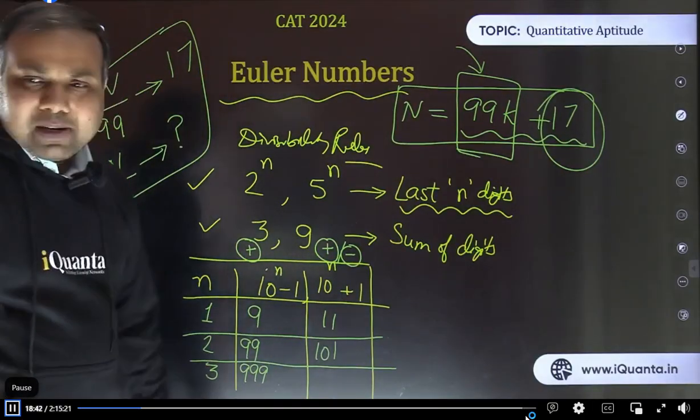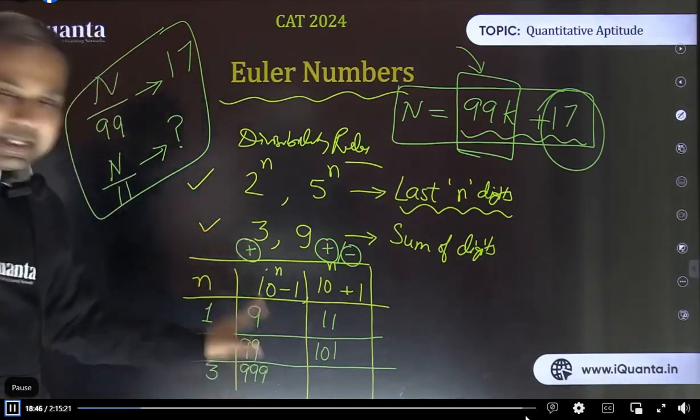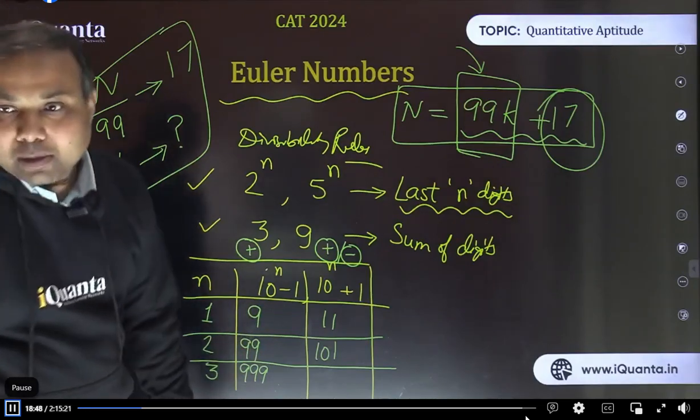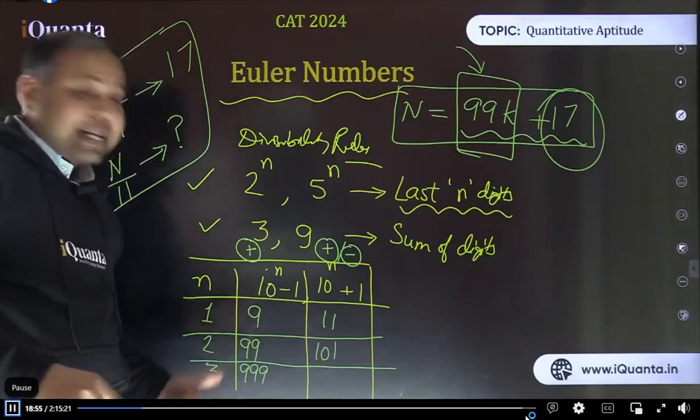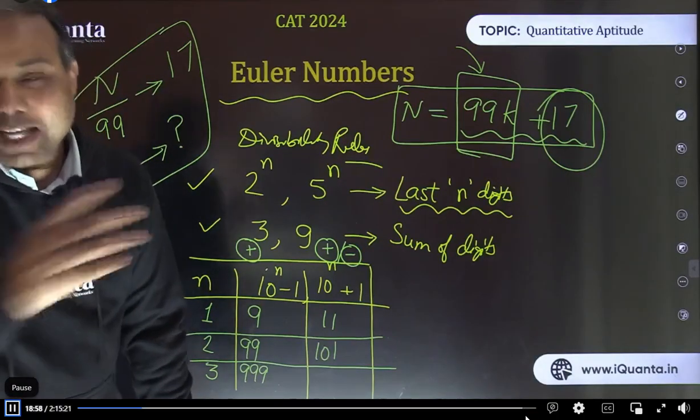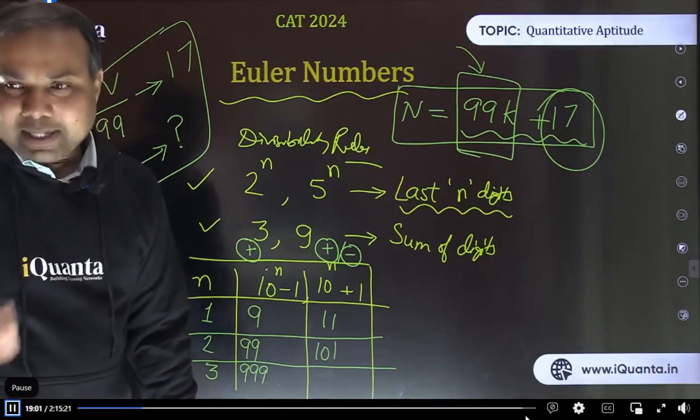Okay, let's move further. Don't worry, we are going to discuss more concepts also. I'm just going to recap it fast so that we can start with today's topic as well. Yes, exactly. Bilkul sahi baat hai. The method which we are using for 99 can be used for finding divisibility with 11 as well. Yes, that was a nice point. That's the main point which I was discussing.